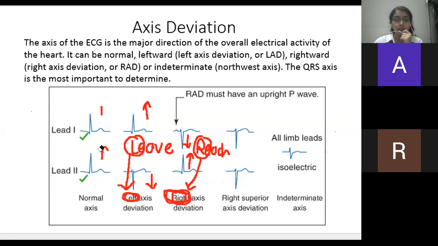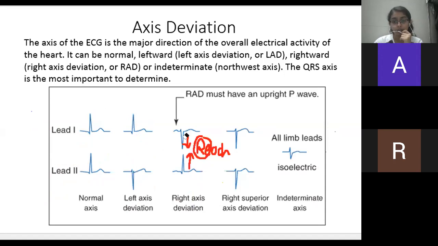Okay, so this is how you determine what is the axis deviation, whether it is right axis deviation or left axis deviation, and according to which side the axis is deviated, it will tell you which side of the heart is affected. It can also be isoelectric. It is sometimes when the patient is too hefty and they have too much impedance, so much fat that the electrical activity of the heart cannot be recorded on the surface. So then you have to change the lead placement and see.